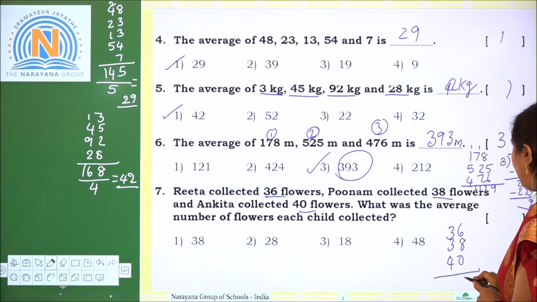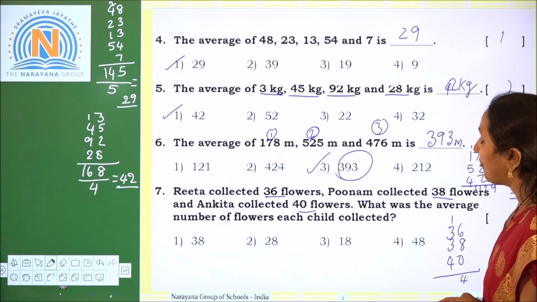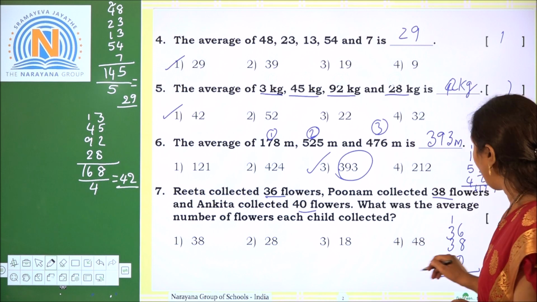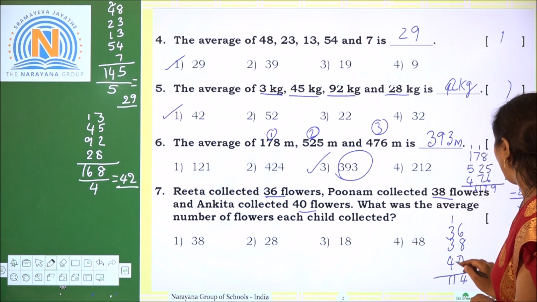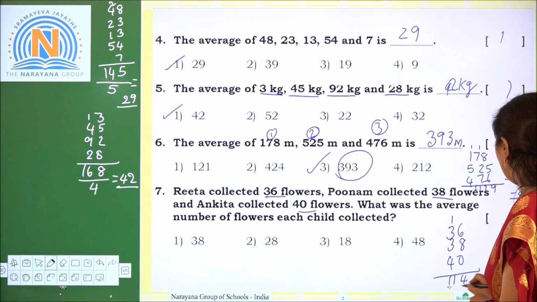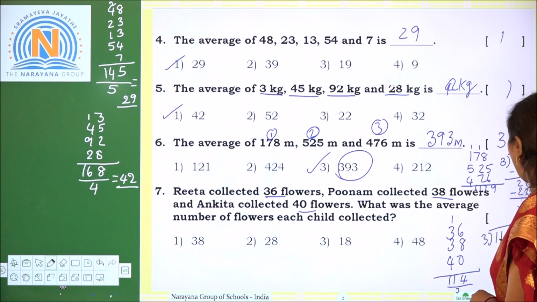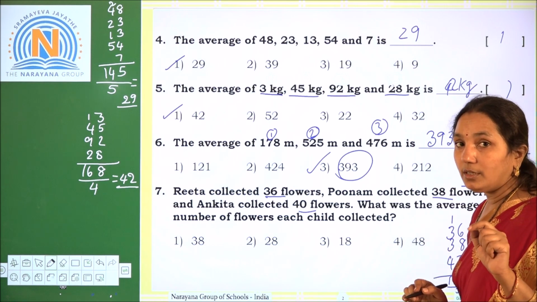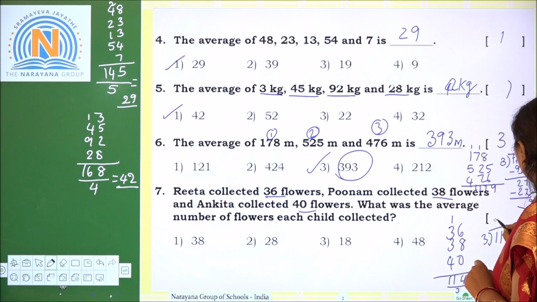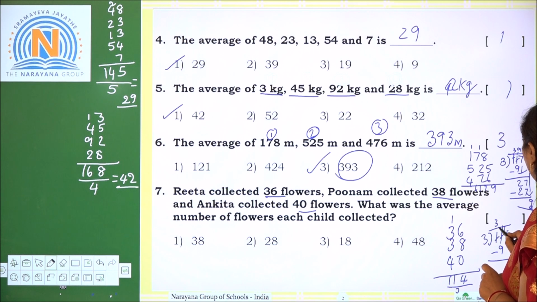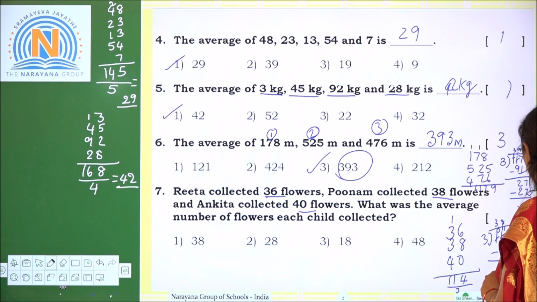Now add 6 plus 8 is 14, plus 0 is 14. So 4 here, 1 here. 1 plus 3 is 4. 4 plus 3 is 7. 7 plus 4 is 11. So divide by 3. 114 divided by 3. Now 1 divided by 3 we cannot. So again we take the 11, approximately 3 times. 3 3s are 9. Now subtract, 11 minus 9 is 2. Now bring down 4. So 8. 8 3s are 24.